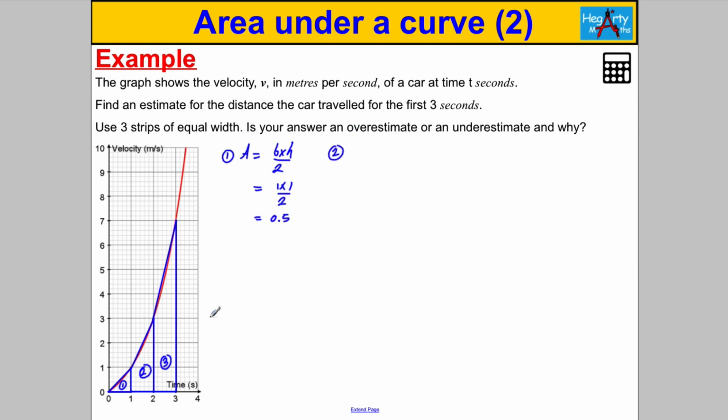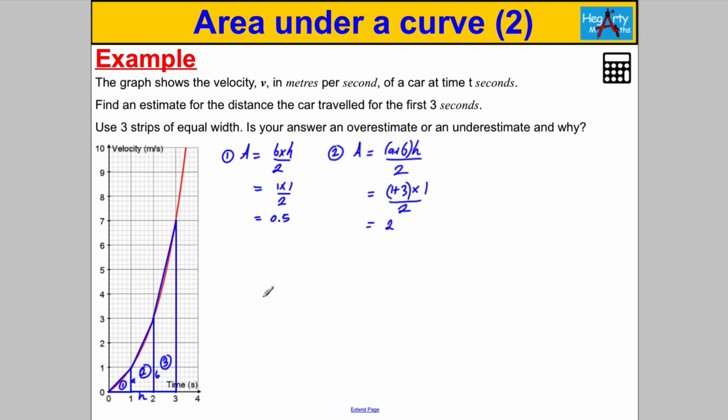Here we've got a trapezium, so the area of a trapezium, remember, is A add B multiplied by H divided by 2, where A and B are the parallel sides, so that's going to be A, that's going to be B, that's going to be my H. So in this particular case, it's going to be 1 add 3 multiplied by the distance apart of 1 and divided by 2. 1 add 3 is 4, 4 times 1 is 4, and 4 divided by 2 is equal